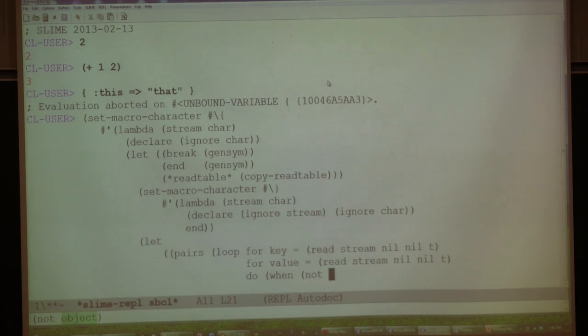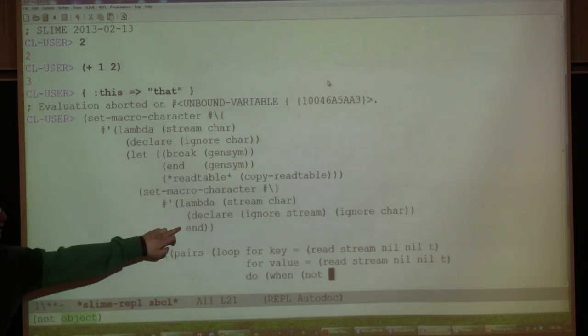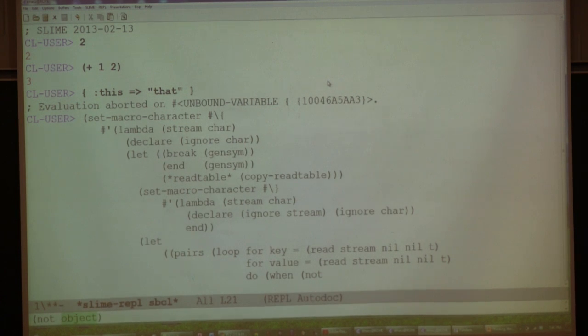So the basic thing is we have to check: when the key we read in is equal to this end character, we have to stop reading our code and just give us back a value. So when the key is not equal to our end token... actually we don't even have to do that. This is a while condition. Our loop will stop at this point.